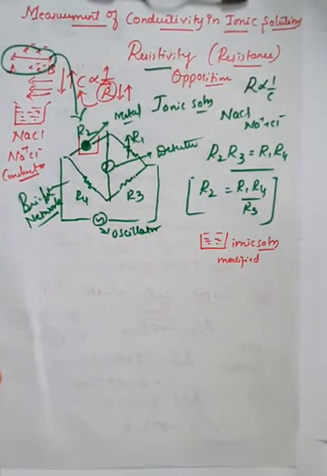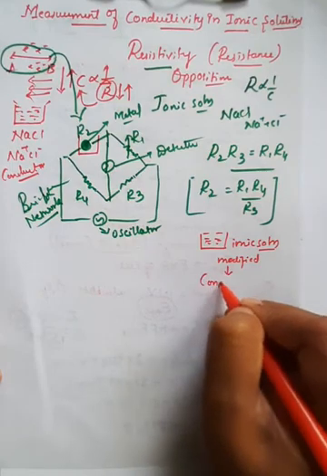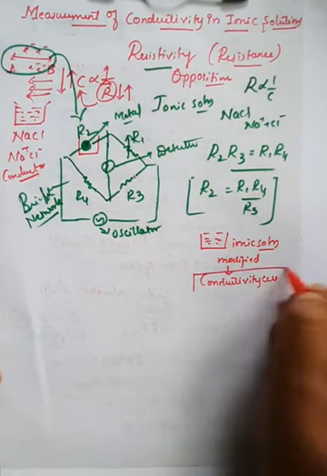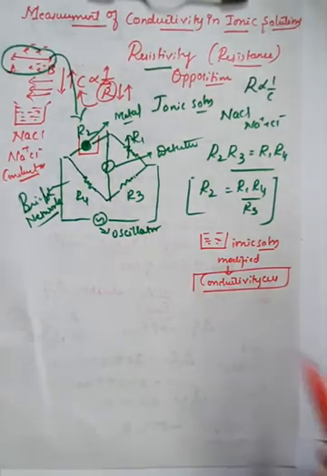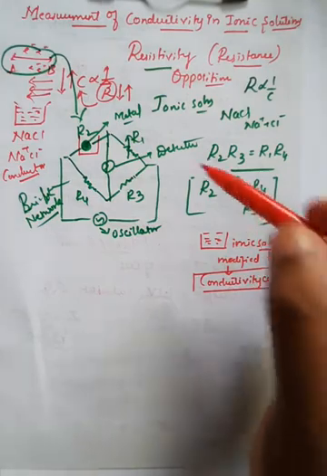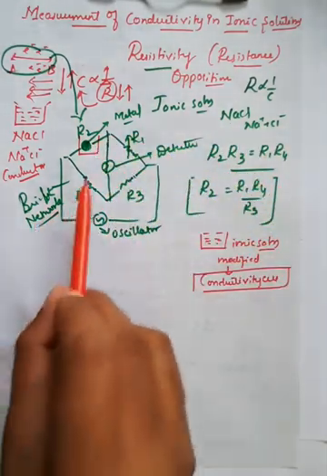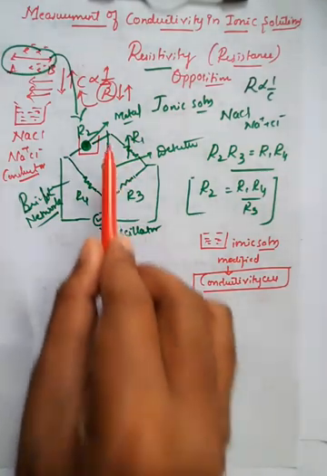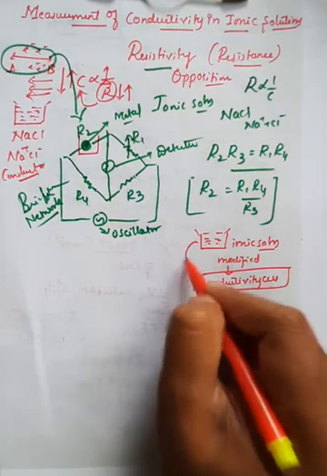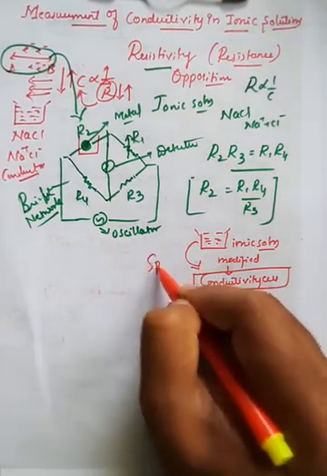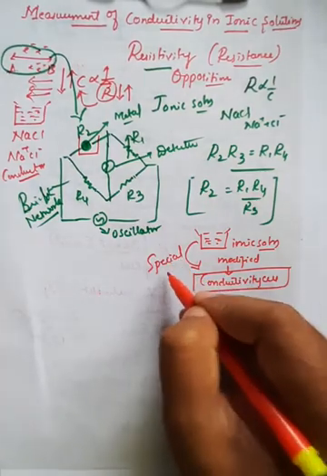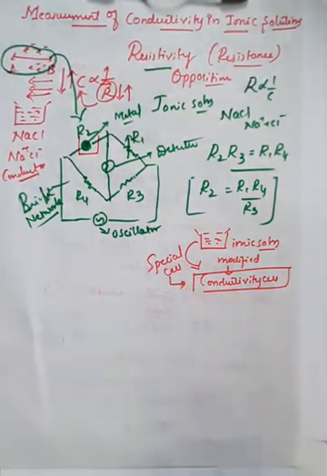This solution is modified into a conductivity cell, right? So this is generally converted into a conductor. Always remember, we cannot fix the ionic solution we have taken in a beaker directly into the Wheatstone bridge or the Wheatstone network during the experiment. Therefore, to connect all the wires, we must convert this beaker into a special kind of cell. That cell is generally called a conductivity cell.